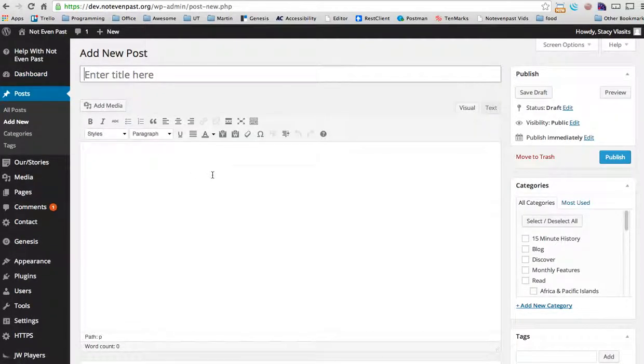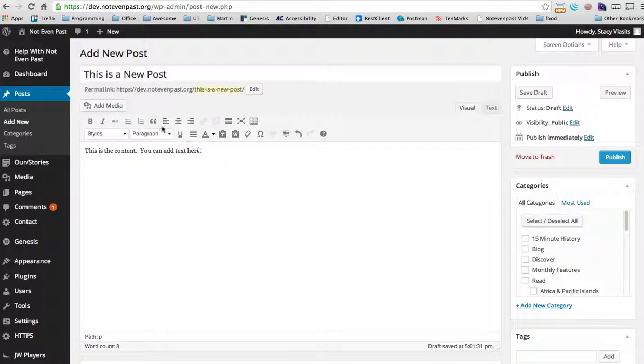So posts have three main areas of content. One is the title. This is a new post. They have content. This is the content. You can add text here. You can also add images,